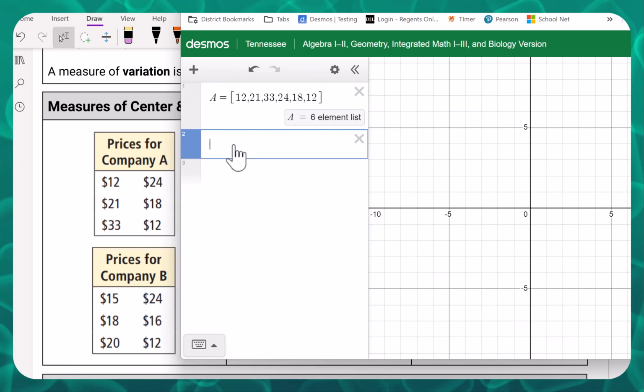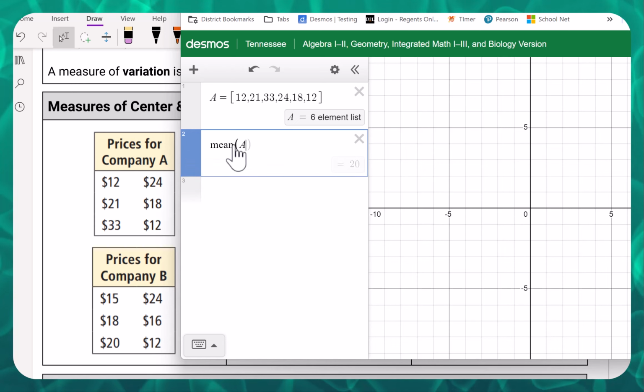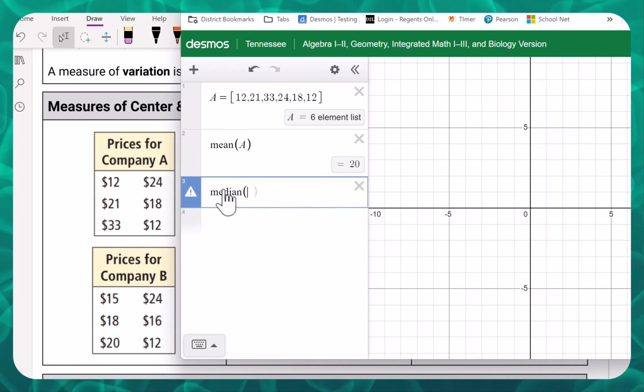Okay, so it's really easy to find the mean. Just type in the word mean and then open parentheses, and you have to put A. The reason you have to put A is that way you can tell Desmos which data set you're trying to use. So the mean is 20. The median is